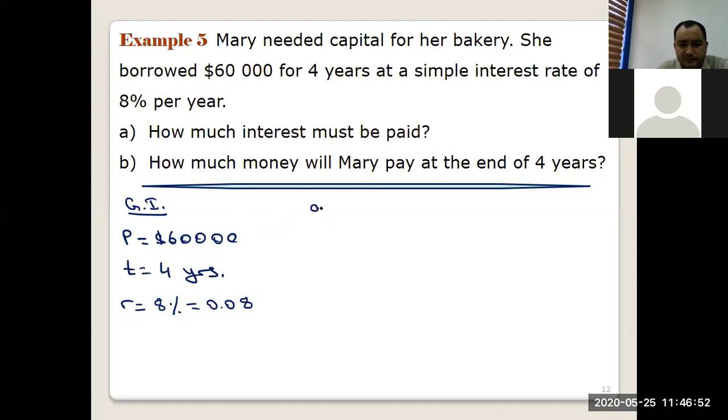Question A. How much interest must be paid to the bank? The interest is equal to PRT. And what is the principal? 60,000 times, what is the rate? 0.08. And how many years? For 4 years, which is equal to, so it is 60,000 times 0.08 times 4, which is equal to